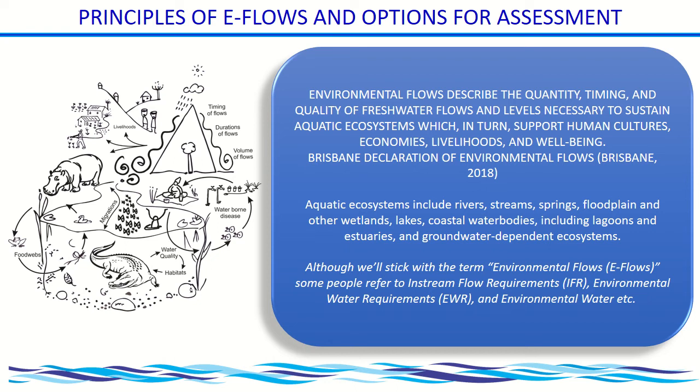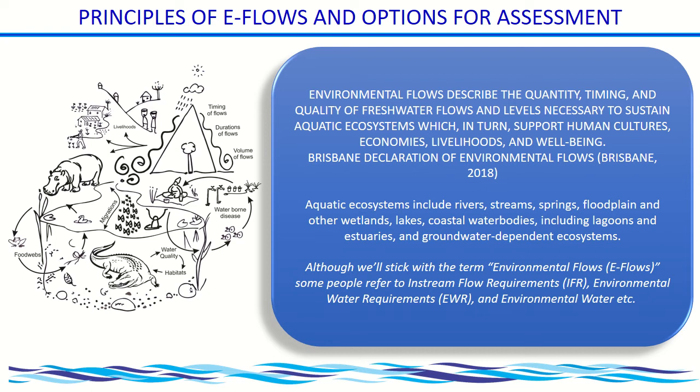Okay, that's quite important. So if you do maintain these ecosystems, as a result of maintaining those systems, you will then also provide for human livelihoods, cultures, economies, and their well-being as well. So there's a relationship between a river ecosystem and the state of the system and the benefits that we as people obtain from that ecosystem. You remember we always talk about the differences between the state of the ecosystem and the ability of that ecosystem to provide services. This is another example.